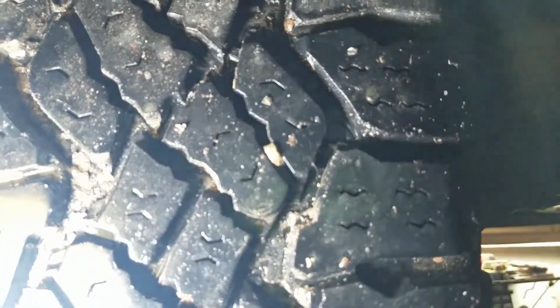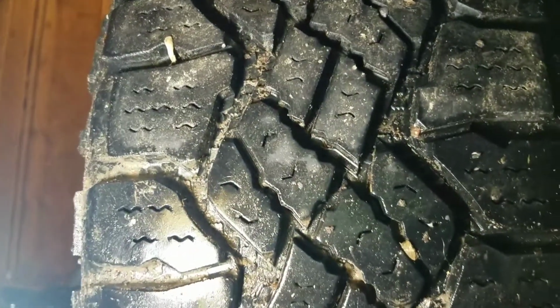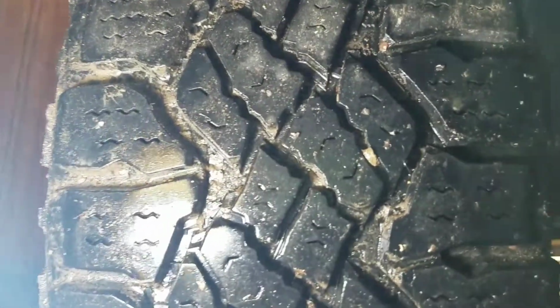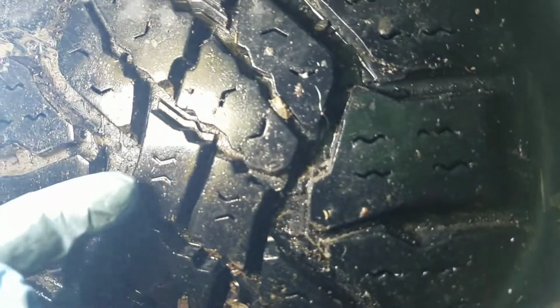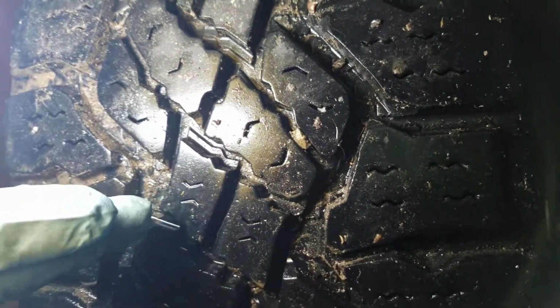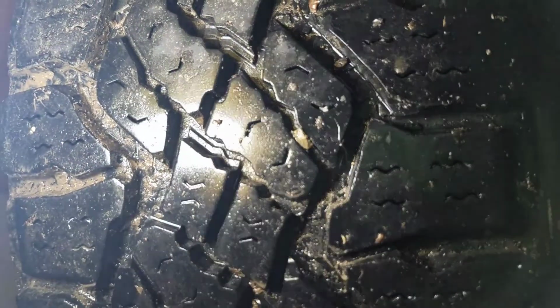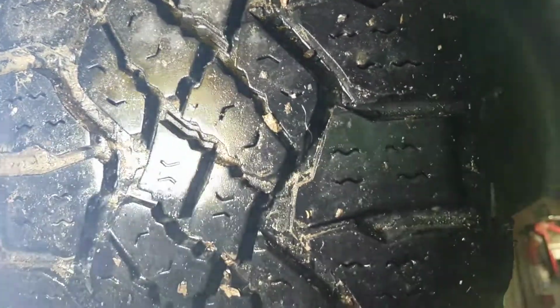You want to check the condition of your tires, check the tread depth, spin your tires around, make sure there's nothing in your tire anywhere. You have no nails or screws. Even if you're not getting a flat yet, if you have a nail in the tread, as you're driving, that nail could slowly work its way into the tire as the tread goes down and cause you to have a leak. So if you see anything in the tread, get it pulled out, check it for leaks with